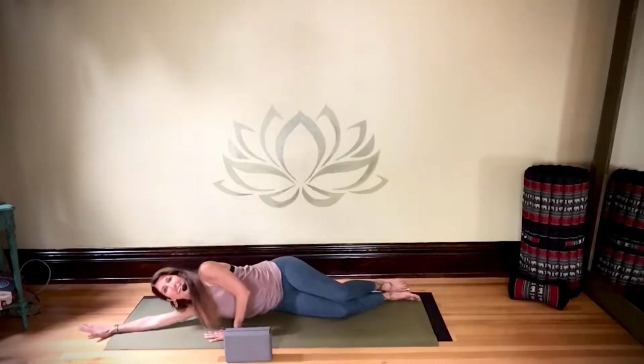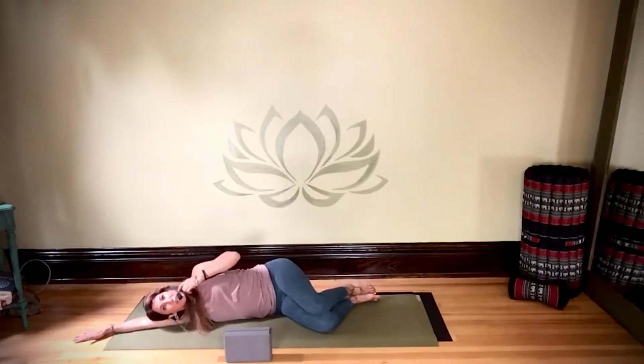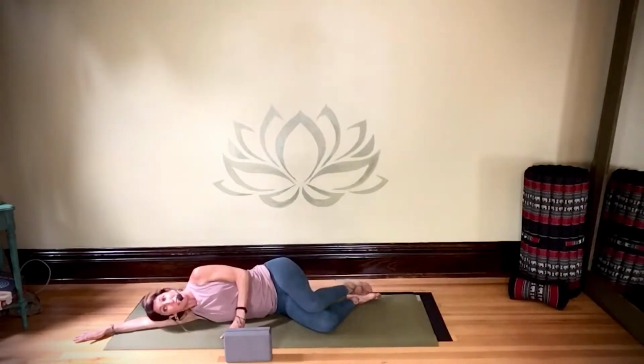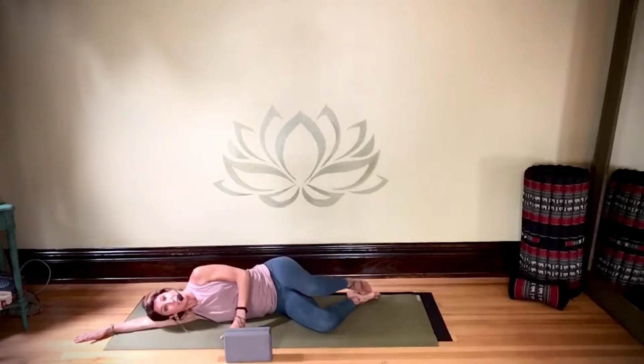Slide all the way down onto your arm. Stack your legs on top of one another. And then open and close. You might remember the clamshell from before. Open and close. Open